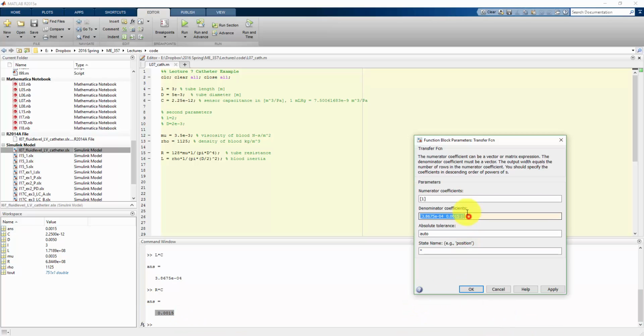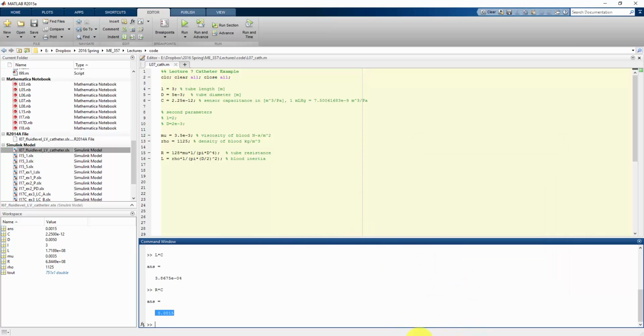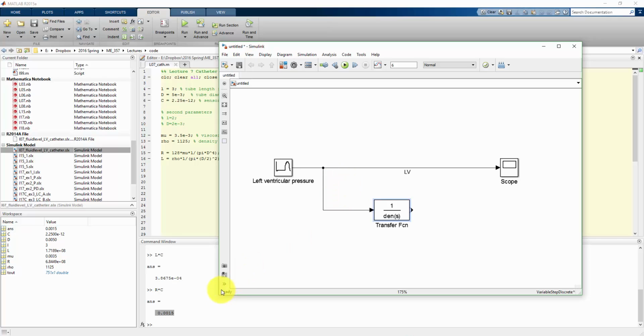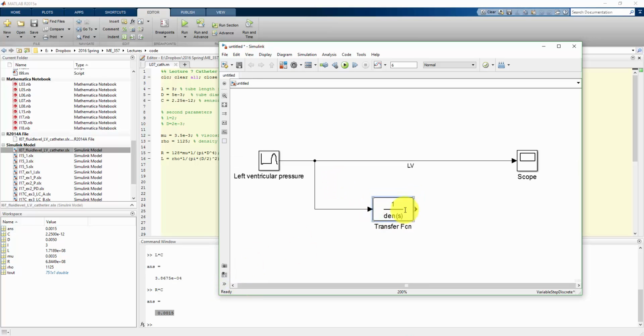And then the last coefficient is 1. So if I go back into my Simulink model, it's too much for it to display all at once, but it's going into this proper thing. So the left ventricular pressure goes in, it'll go through the transfer function, and then what comes out is going to be P out. That's what I'm reading across the sensor. And I want to see what this is also. If I go in my scope,